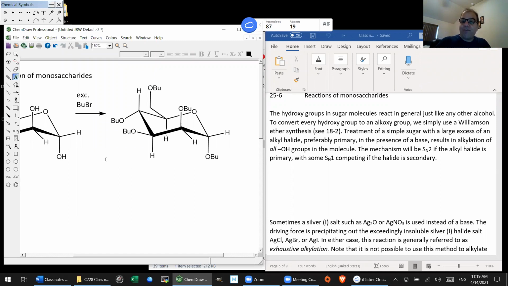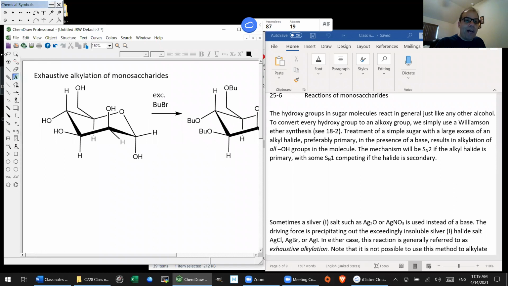So we've covered that reaction in chapter 18. So if you need to review that, please do. Those are simply Williamson ether synthesis. The mechanism is just an SN2 reaction. Likewise, we can also not just alkylate, we can also acylate all of those OHs by using, rather than an